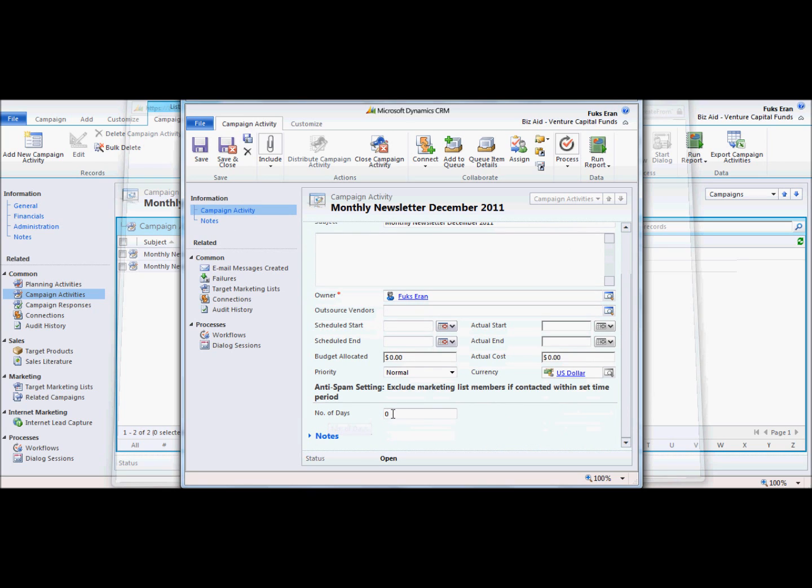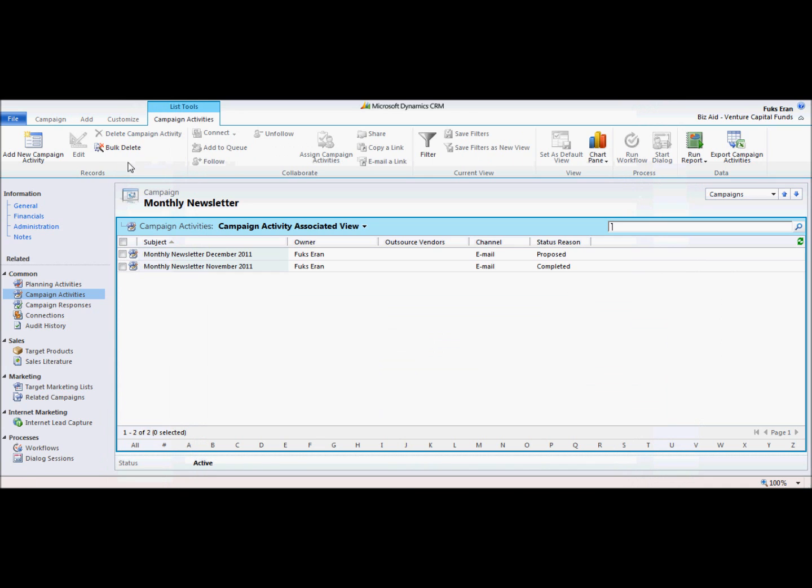I will define here that anyone who received any email in the last, let's say, 3 or 4 days until I have corrected the emails will not receive it again. So anyone who already received the monthly newsletter will not receive this newsletter again. So I can save and close the campaign activity,